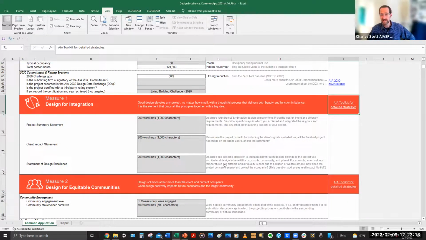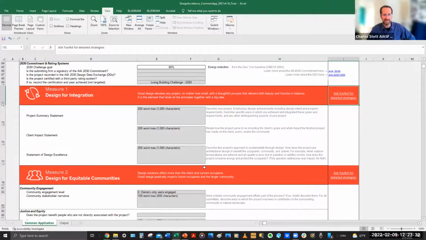There are other projects that have gotten AIA Top 10 awards, and they all have descriptions. They're great descriptors for each of these in terms of what they did that made this topic important for their project. So it helps you with some language too, again, trying to keep the statements brief.